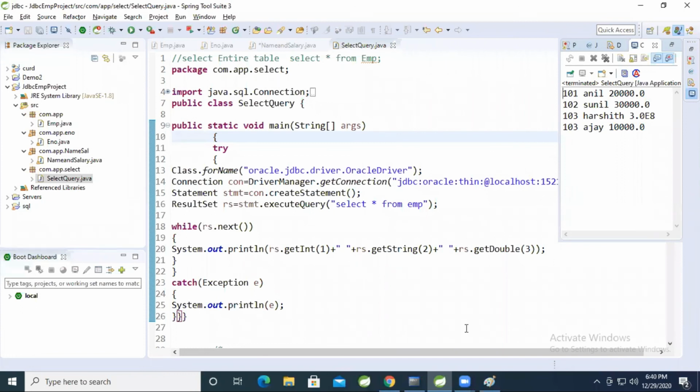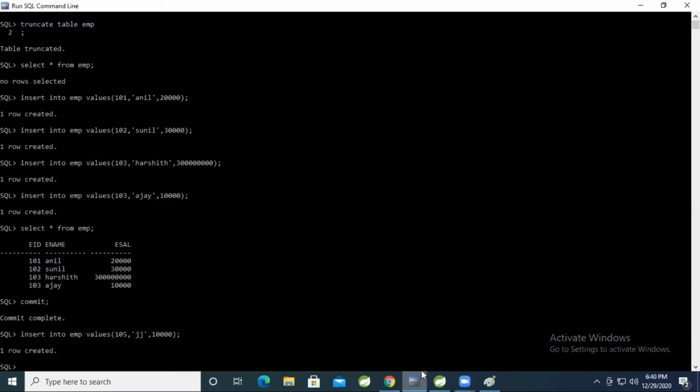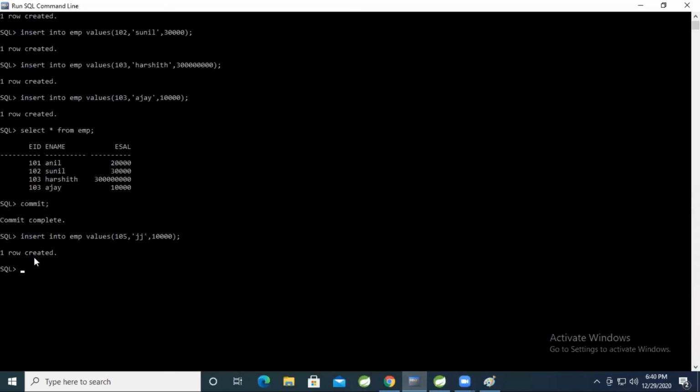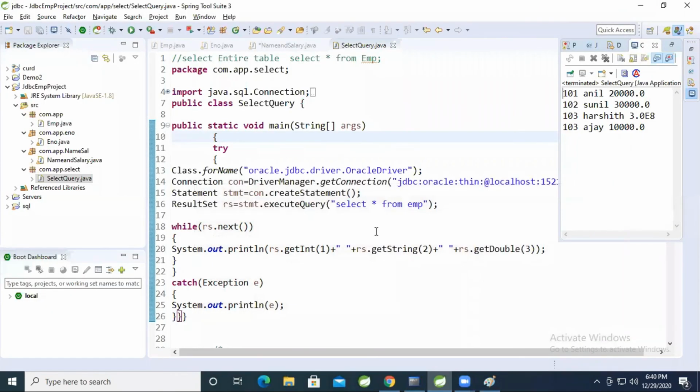Okay, everyone. See, every time in database, whenever you perform any operation, you have to commit. What is the meaning of commit? Commit is used to save the changes permanently. If you want to write commit along with your Java program only, what to do? You have to apply transactions